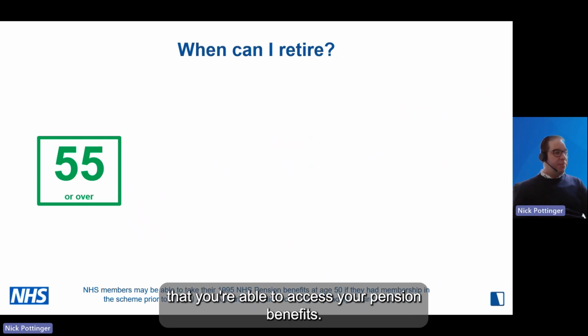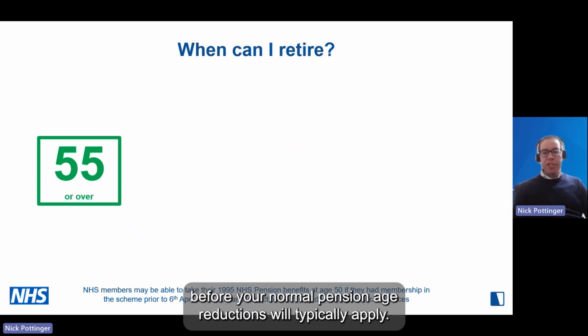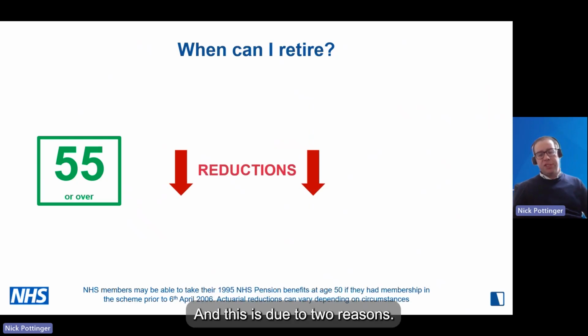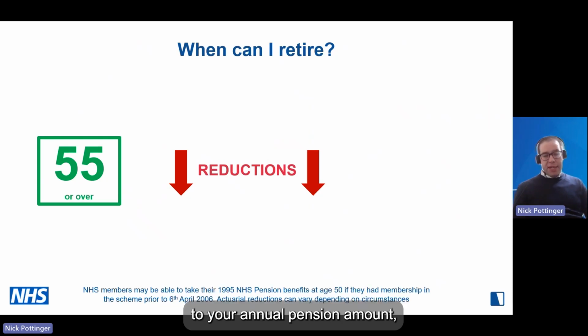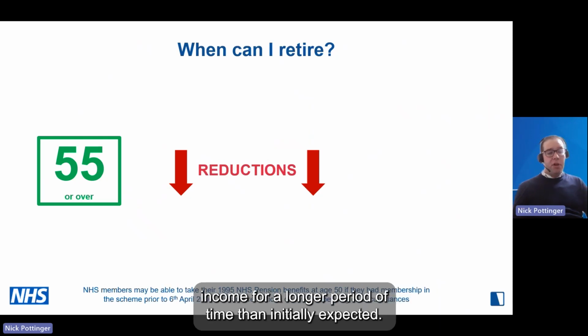But for the vast majority of people, it's going to be age 55 as the minimum that you're able to access your pension benefits. Now, do bear in mind that if you choose to access your NHS pension benefits before your normal pension age, reductions will typically apply, and this will mean that your annual pension amount will be reduced. And this is due to 2 reasons. The first reason is that you'll have fewer years of service in the NHS pension scheme. And secondly, because the NHS pension scheme will typically apply an actuarial reduction to your annual pension amount, as the pension scheme knows that they will now need to pay out that annual pension income for a longer period of